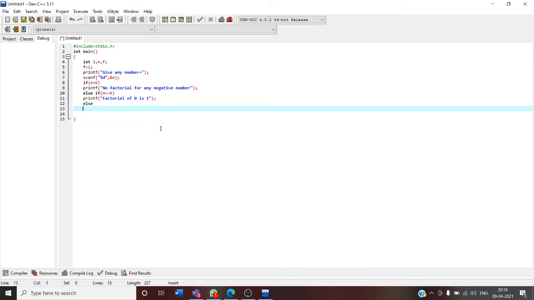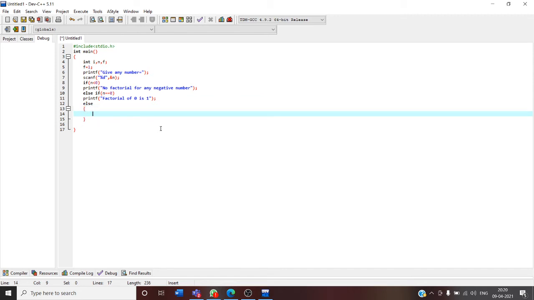Here we again put curly brackets for the loop. i equals to 0, you know actually what I want to mean here. i equals to, no, sorry. Here we start from 1, so we write 1. i equals to 1, semicolon, i less than equals to n.